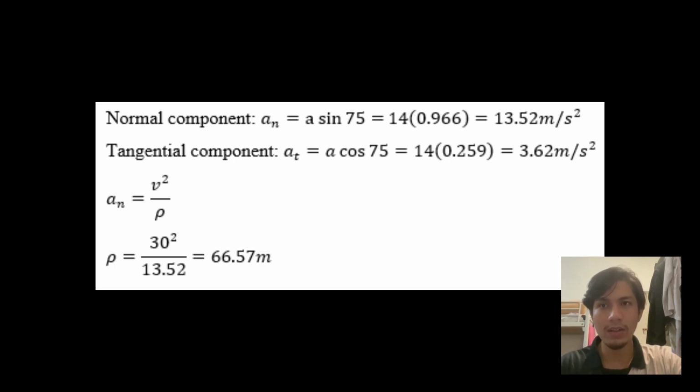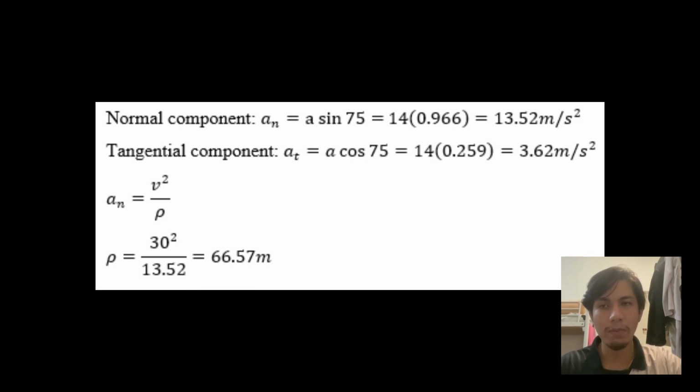And for the tangential component, AT equals A cos 75, equals 14 times 0.259, equals 3.62 meter per second square. So after we got the normal component,